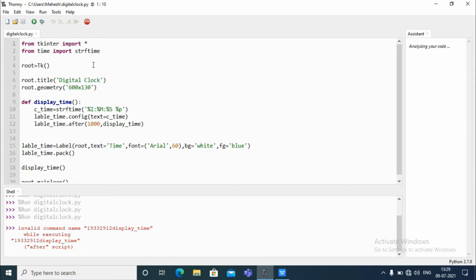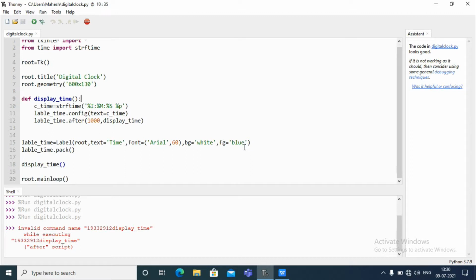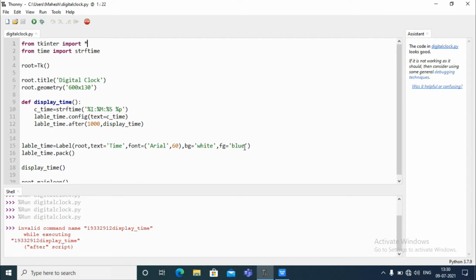Anything you want you can make changes, because maybe the color is not suitable for you. You can change the foreground color and the background color. For example, if you want some other colors using the color codes, you can simply Google it and paste the color code here, and you can get some custom colors. I just want to tell you how we can make the digital clock, and all the modifications that you want you can do, nothing more than that. I think you all understand the code.